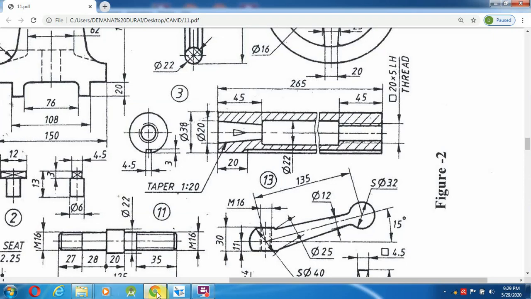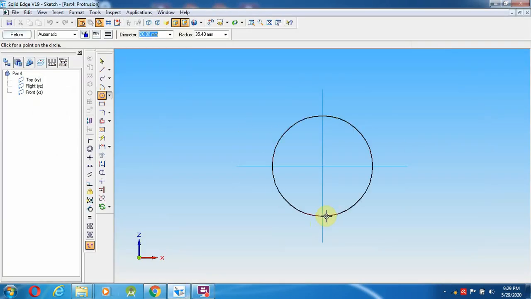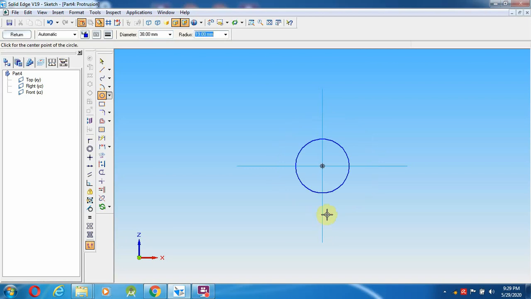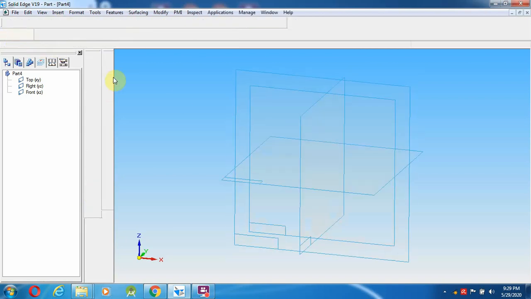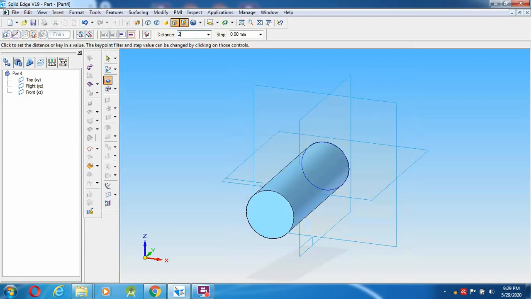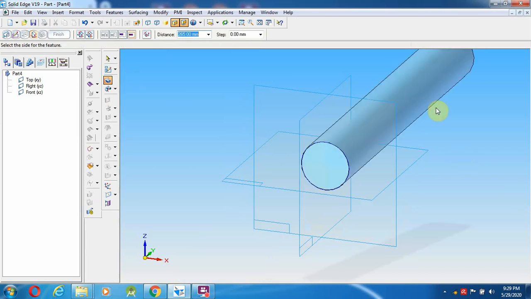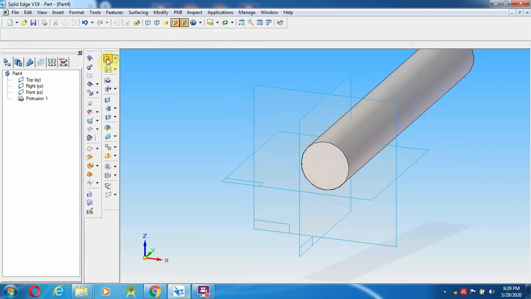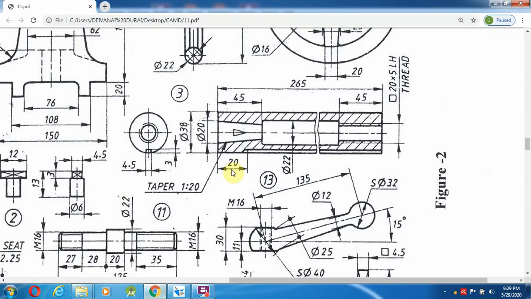So 38 mm diameter and 265 mm length. Select 38 mm diameter and return, then 265 mm length. Either direction is not an issue, left and right click. After this I am going to make the tapered hole.